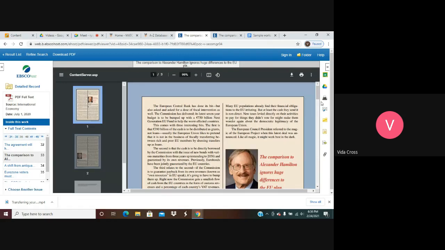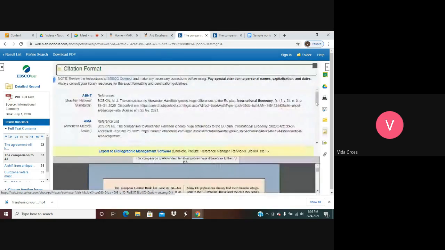Now, if you look over in the right-hand corner, here they have some links. This one is the Google Drive. You can upload it to your Google Drive. This one is a printer. You can print it out. You can email it to yourself. You can add it to a folder. And here, this yellow sheet of paper says cite. You click on that cite link, and it will show you the way in which you cite this source